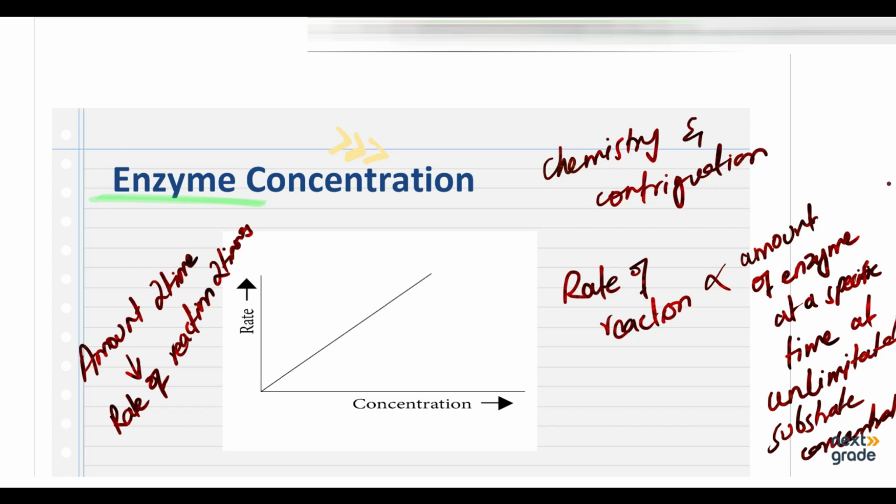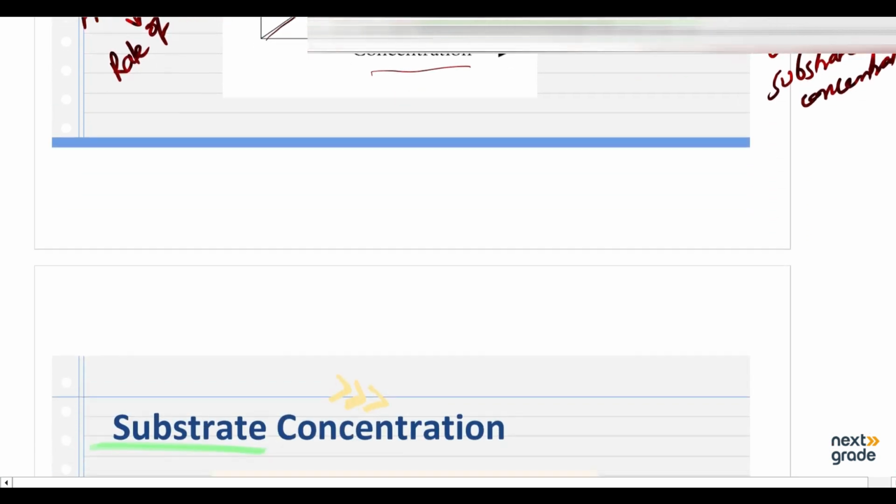By increasing the enzyme molecules, an increase in the number of the active sites takes place, and more active sites will now convert more substrate molecules into the product. After a certain period of a limiting concentration, the rate of reaction will no longer depend upon this increase. So as you can see in this graph, the rate is directly proportional to the concentration, right? So this is the first factor that affects the rate of enzyme action. The second one is